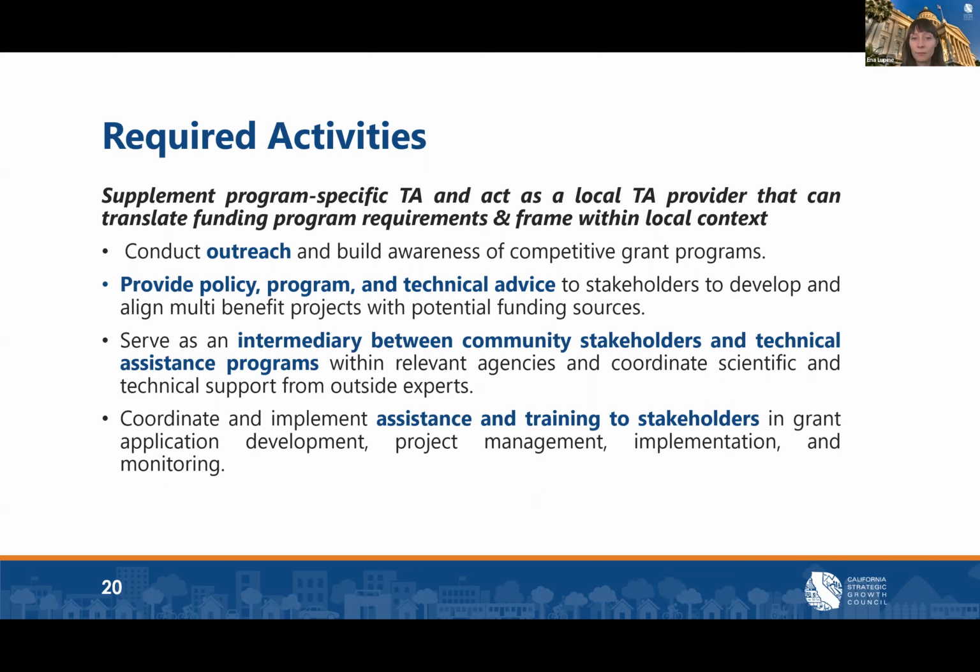This second bucket is that more technical assistance focused role of collaboratives, so supplementing program specific TA and acting as a local TA provider to translate funding program requirements and help frame them within the local context. Again, I won't read through these bullets, but these are all required activities as part of the grant. Next slide, please.